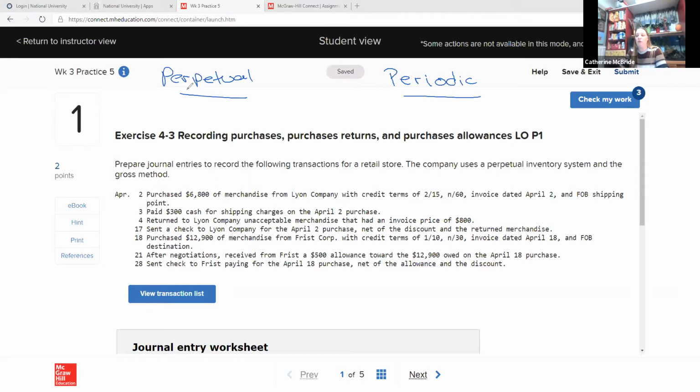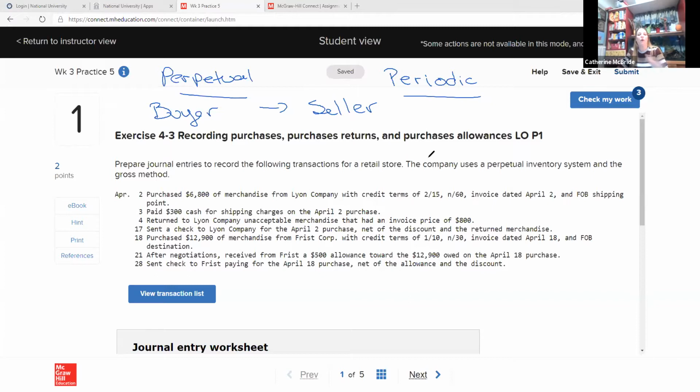The most confusing thing about this chapter is that you wear two hats. You are both the buyer of inventory, and then we're going to look at what happens when you're the seller. And so that's one of the most confusing things. You always have to really be clear when you're doing this chapter on, what am I buying the inventory to resell it, or have I sold the inventory to somebody else?